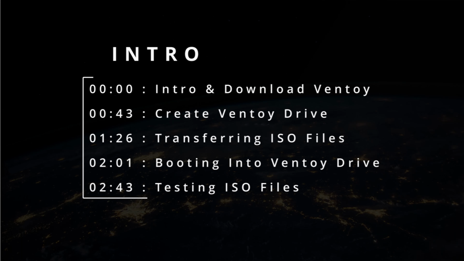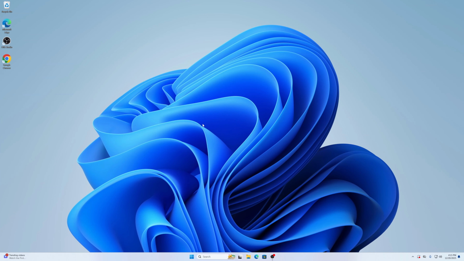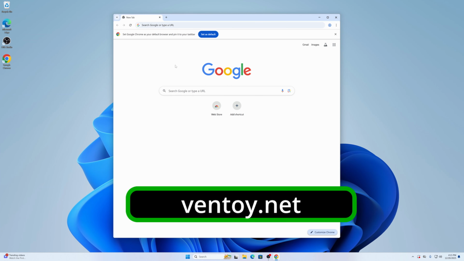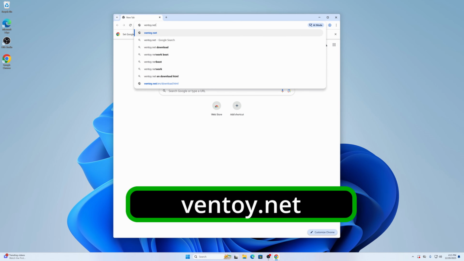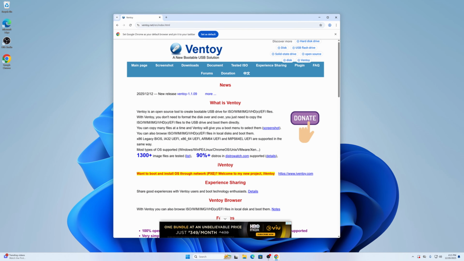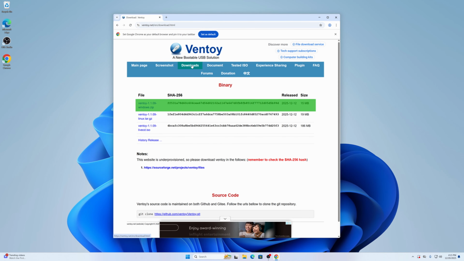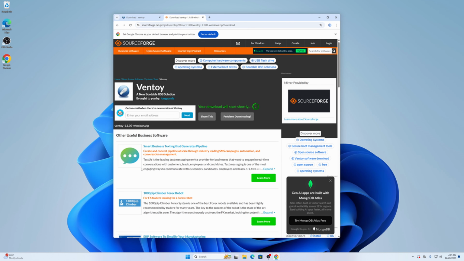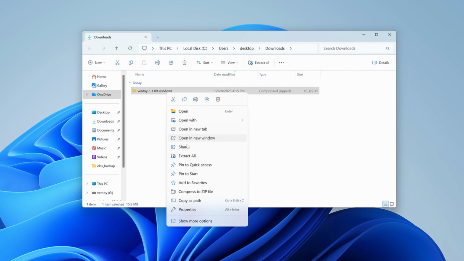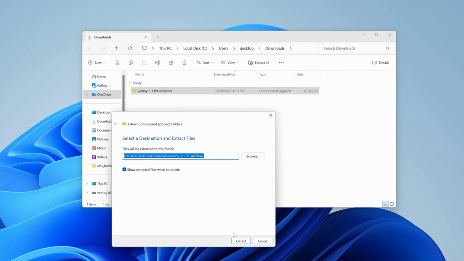I'm going to show you how to install Ventoy from Windows 11. Let's begin. Open your favorite web browser, go to ventoy.net, click Downloads, find the Ventoy Windows zip, wait for the download, go to your Downloads folder, right click, extract all,